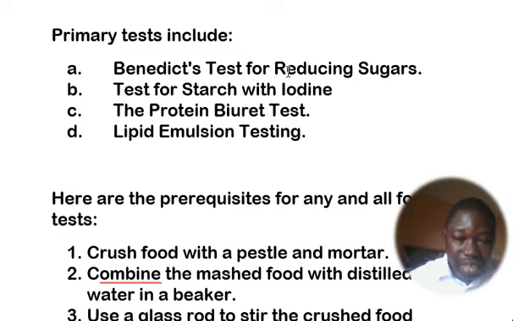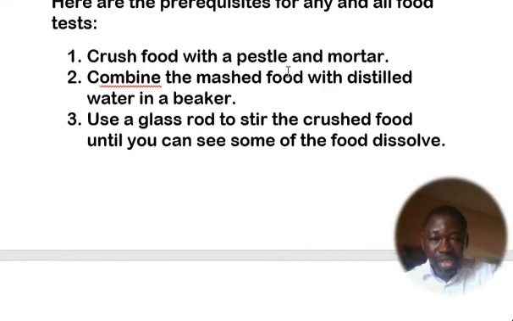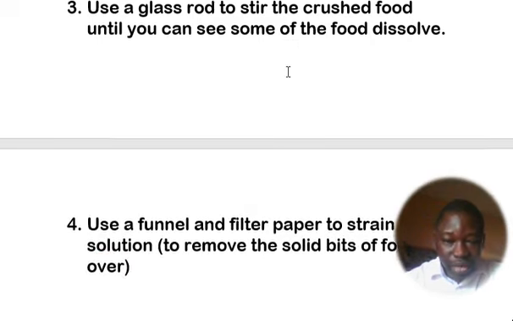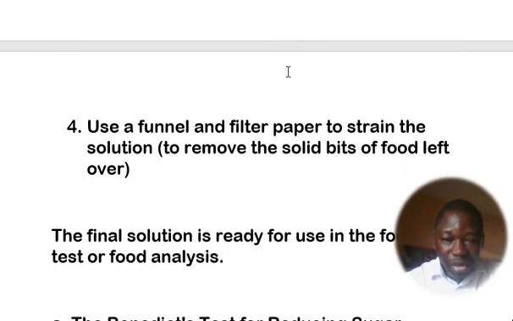Now, for any of these tests, there are certain things that you need to put in place. Number 1 is that you have to crush the food sample with a pestle and a mortar. Then you combine the mashed food with distilled water in a beaker, just a little water. Then you use a glass rod to stir the crushed food so that it dissolves and mixes with the water. Then you use a funnel and filter paper to strain the solution to remove the solid bits of